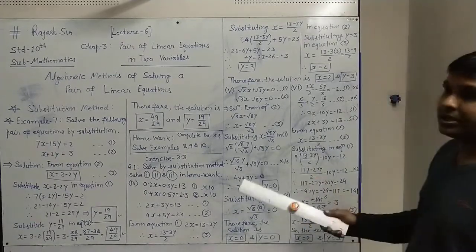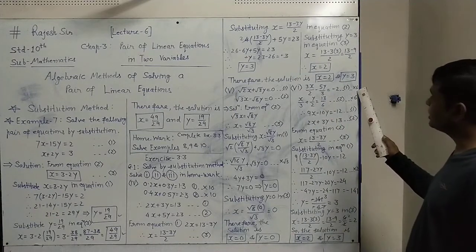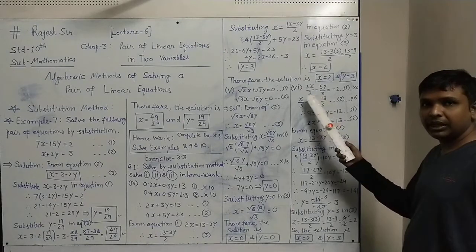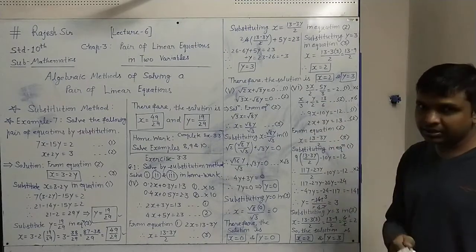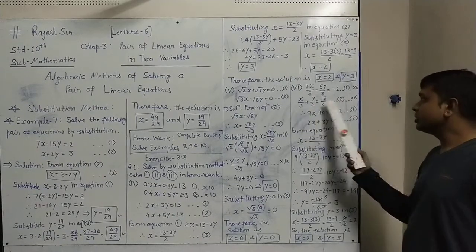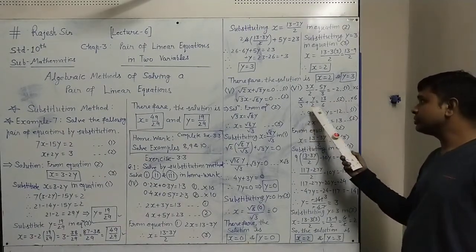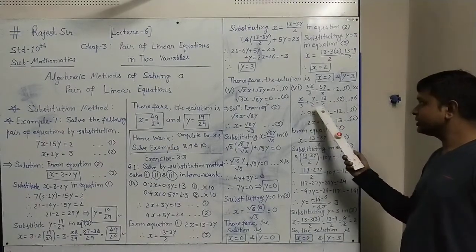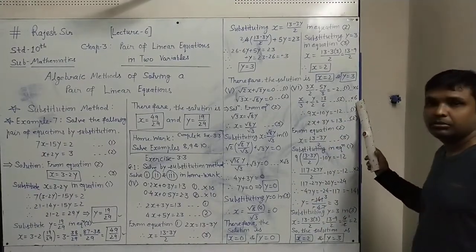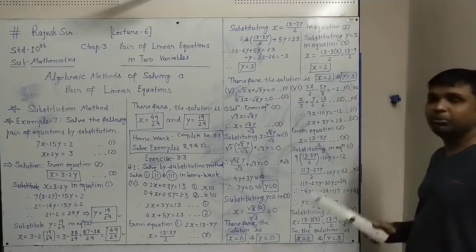If you multiply by 6, the whole equation will be multiplied by 6. Why have we multiplied by 6? Because here the denominators are 2 and 3, and the LCM of 2 and 3 is 6. So we multiply this whole equation by 6. Here also in equation number 2, the denominators are 3, 2, 6. The LCM of 3, 2, 6 is also 6. So we have multiplied the whole equation by 6. By doing so, it will become a simple form.